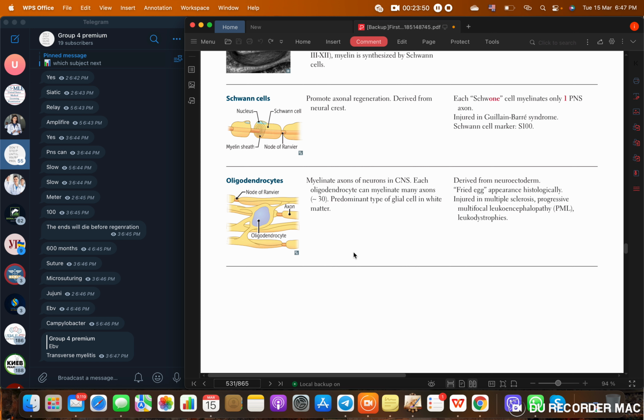It's going to myelinate multiple nerves at the same time, okay? So one cell can myelinate multiple nerves. Myelinate axons of neurons in the CNS. Each oligodendrocyte can myelinate many axons, around 30. It's a predominant type of glial cells in the white matter. Okay, so it's derived also from neuroectoderm, and what is interesting about the oligodendrocyte, remember it's the white matter